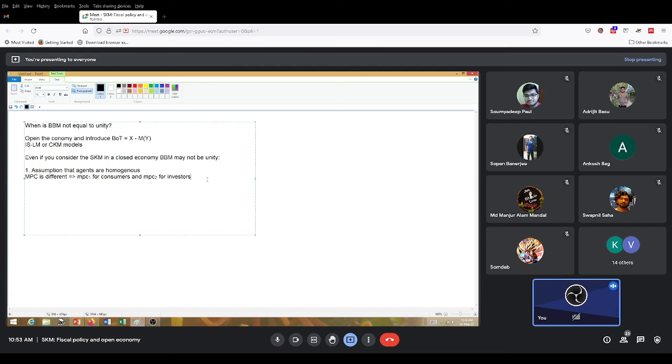In that case, the BBM may not be equal to 1. The two effects will not cancel out. See, the tax is being imposed on investors. Okay. And consumers are benefiting from